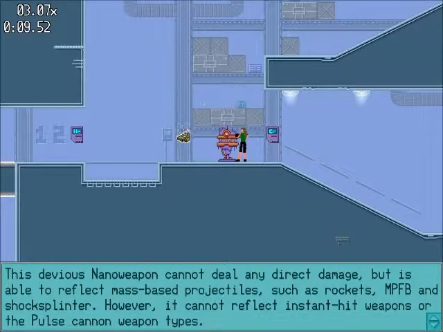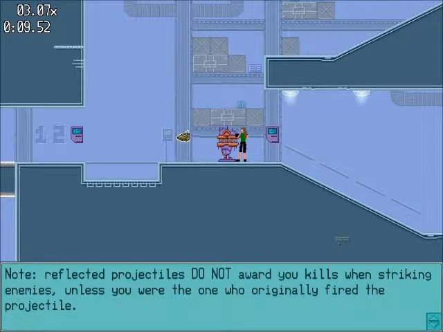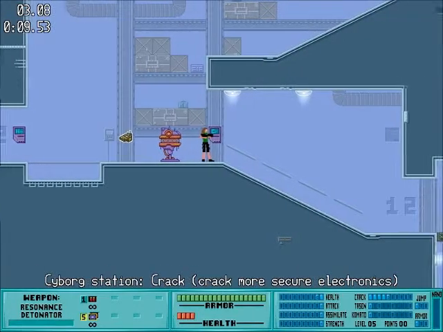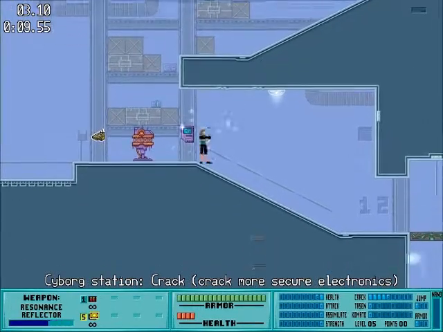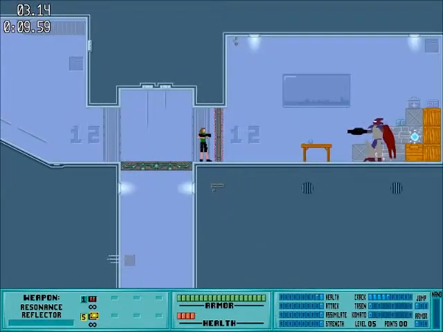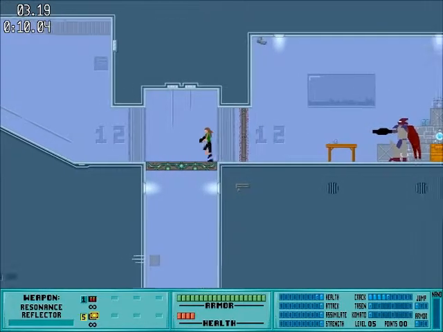It can reflect mass-based projectiles, like rockets, MPFBs, and shock splinters. It can't reflect machine guns or shotguns, it can only reflect projectile mass-based weapons. They do not award kills when striking enemies, unless you originally fired the projectile. So basically, this is what I'm using for most of the game, so I don't actually have to kill anyone. I can reflect shots back to avoid getting owned myself, so I can still have defense, but I won't kill